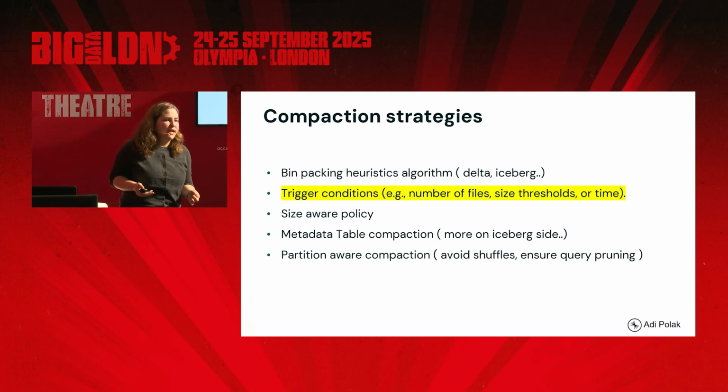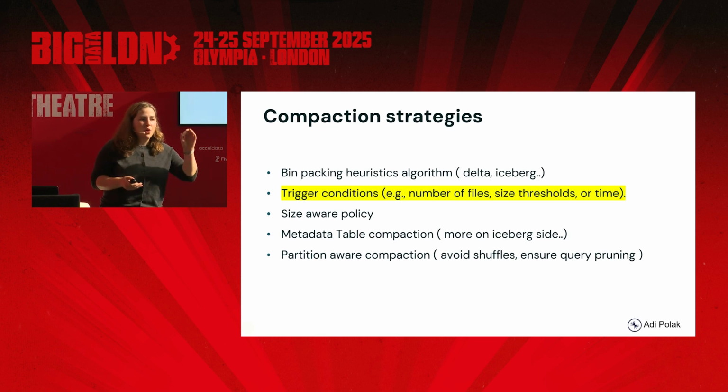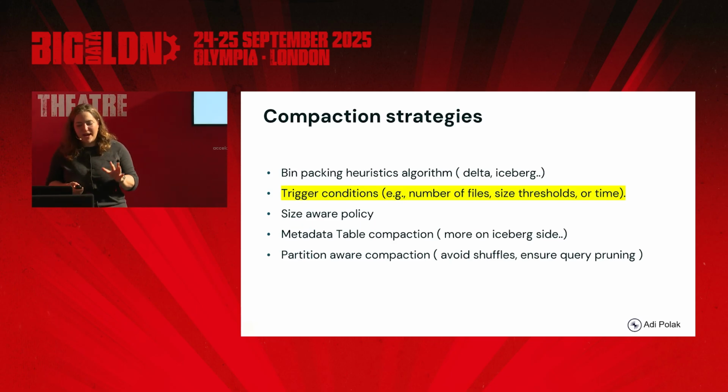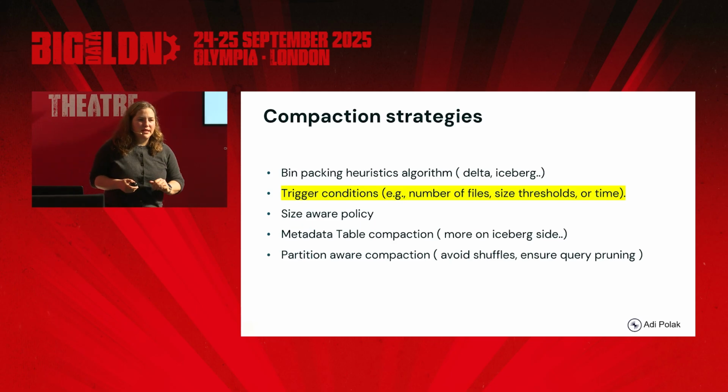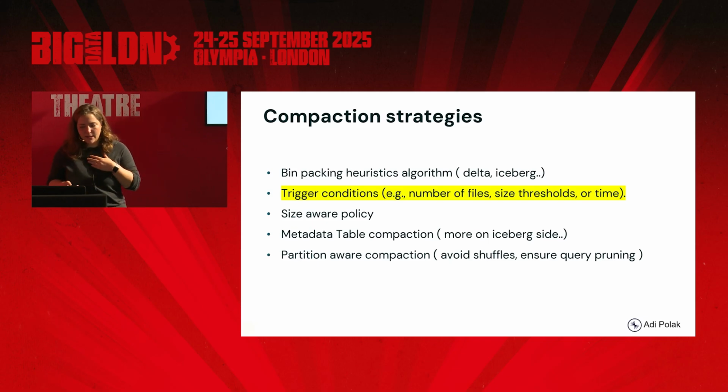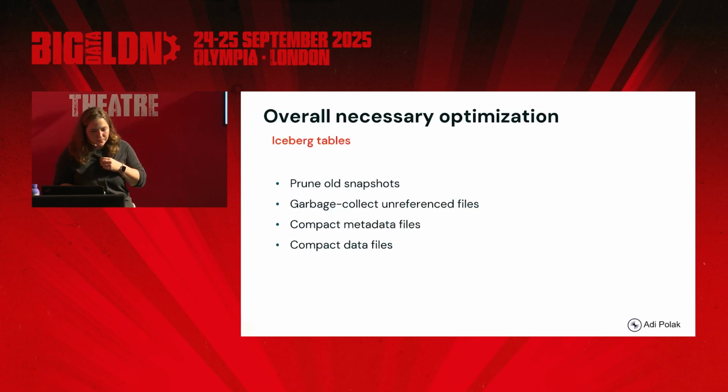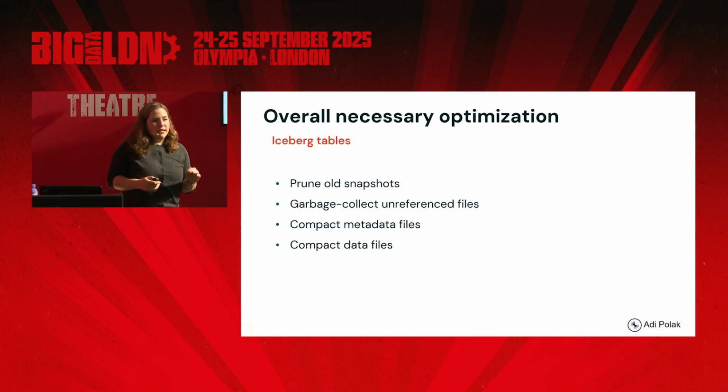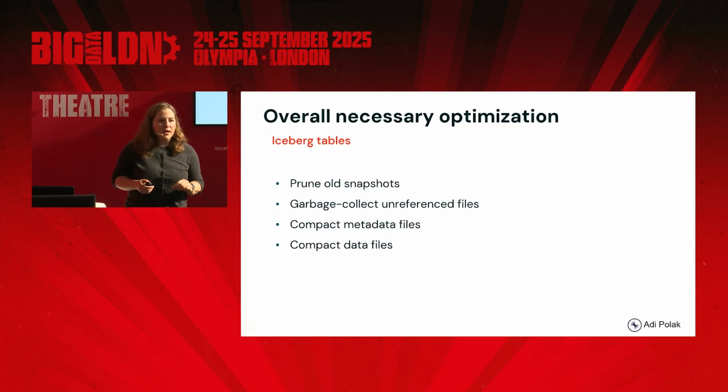You don't want to create overcomplicated algorithms just for the sake of overcomplication. We do want to make it simple, easy to maintain, and intuitive. And so number of files, size, threshold time was the best algorithm that we at Confluent decided to go with. There are some necessary optimizations that we also implemented in Confluent for our customers related to